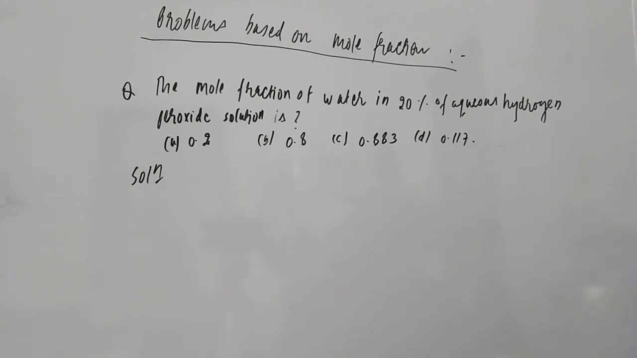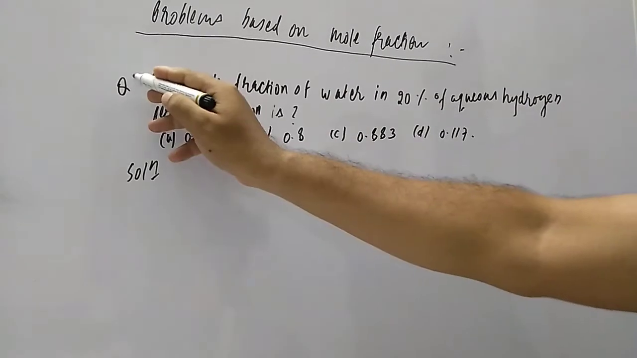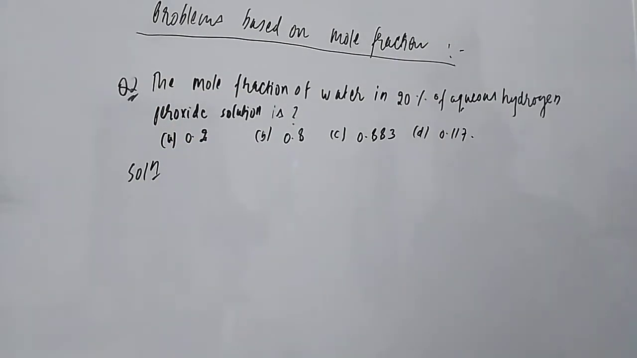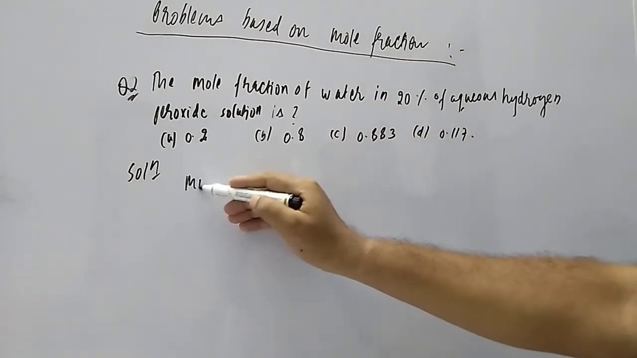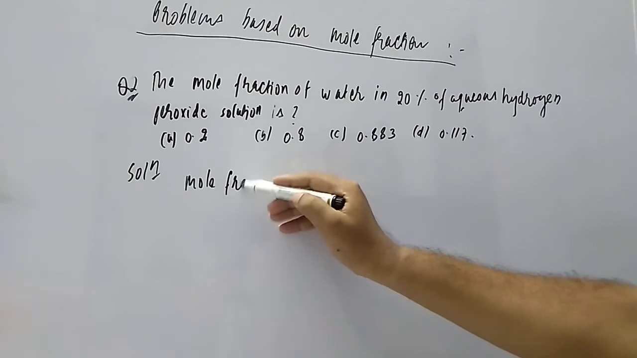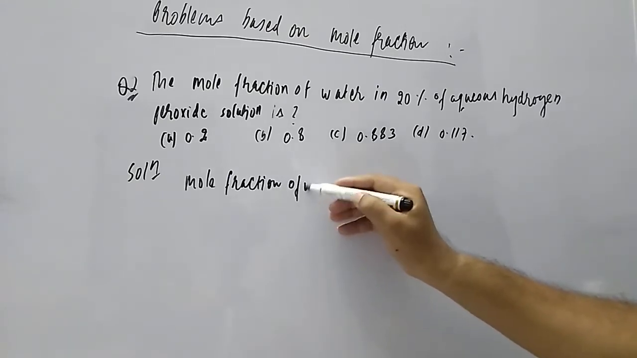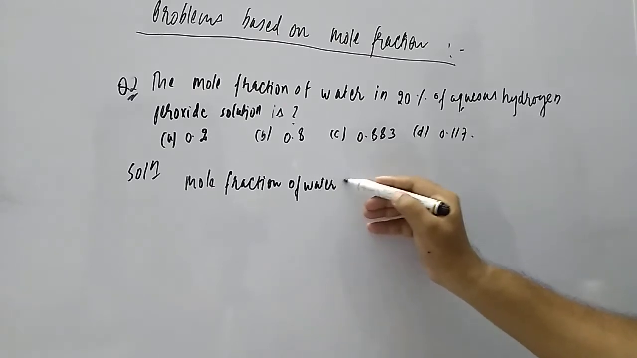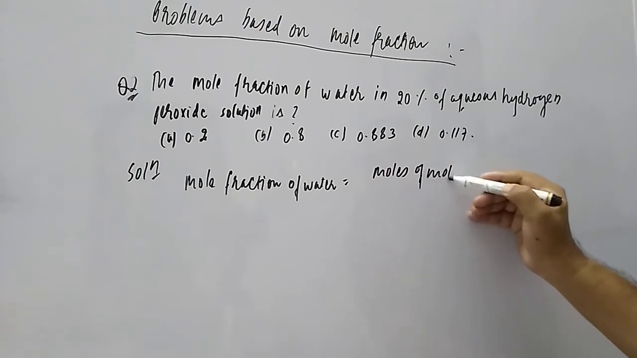Hello friends, now let us see question number 2, based on the mole fraction. Here is the question: the mole fraction of water in a 20% aqueous hydrogen peroxide solution. They are asking for the mole fraction of water. How to calculate, student? Mole fraction of water is equal to moles of water divided by